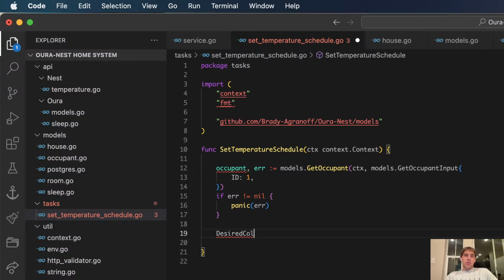Desired cold temperature, Fahrenheit. I want this to be 65. I like it cold. I'm gonna have a desired. No, let's say.